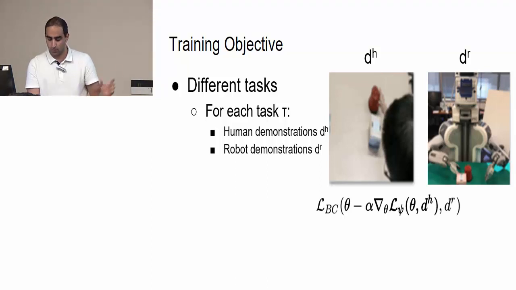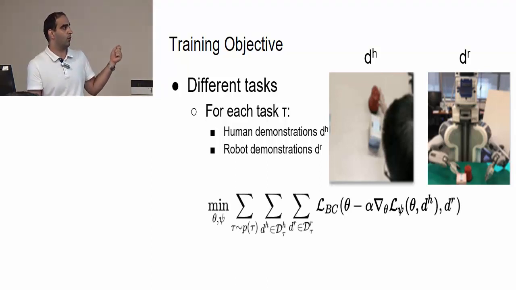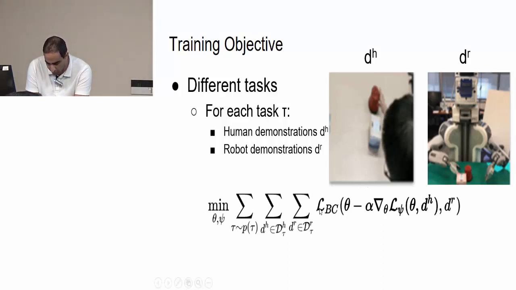And by calculating the behavior cloning loss for the corresponding robot demonstration for the same task, we can calculate this mathematically, and we want this term to be minimum, this LBC. So our goal is to learn parameter theta, initialized somehow, so that we can perform gradient descent on it based on some loss, and then theta will arrive at some new parameters which are very good for the robot demonstration. And we can calculate this outer objective mathematically.